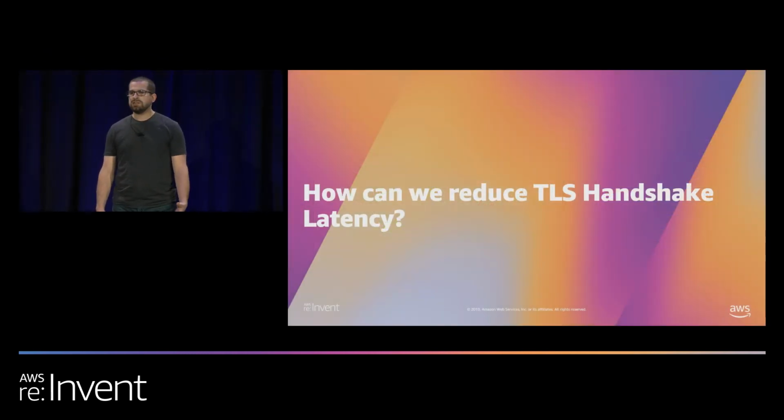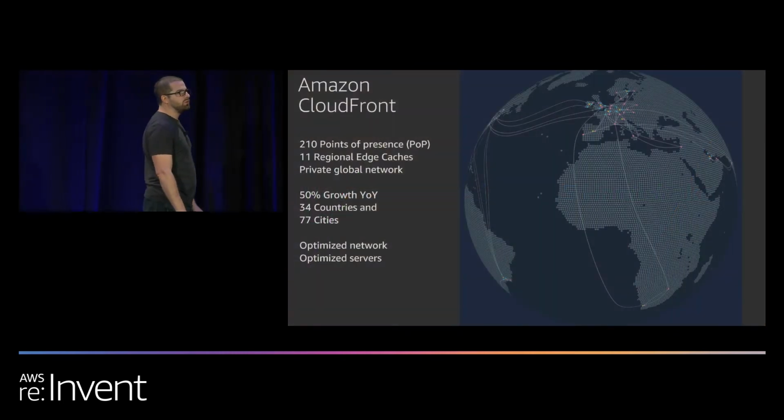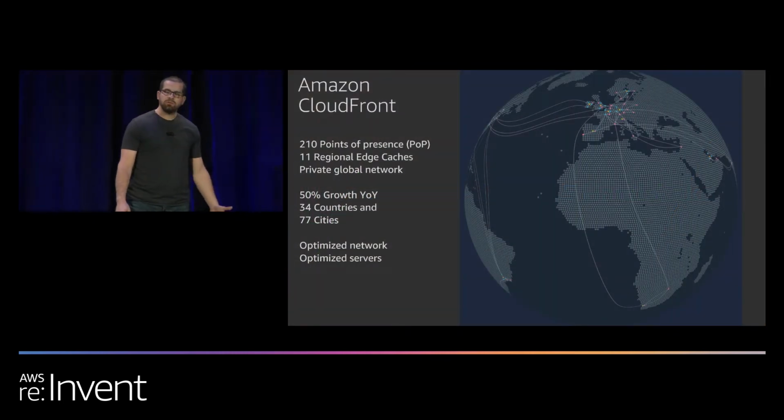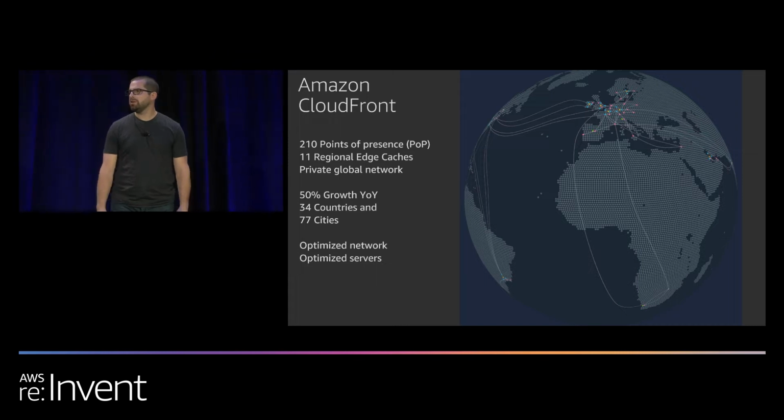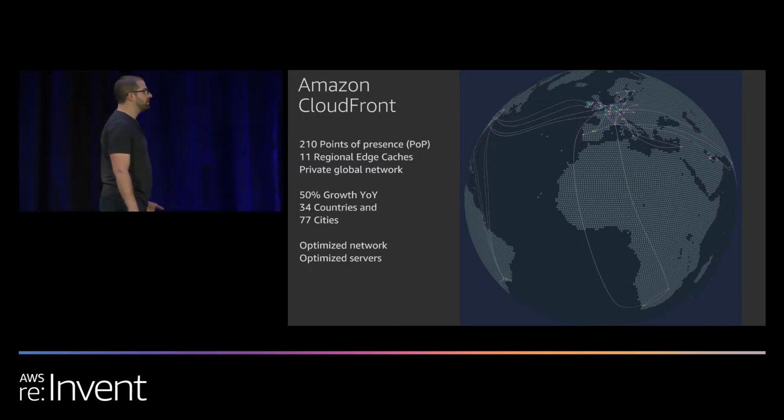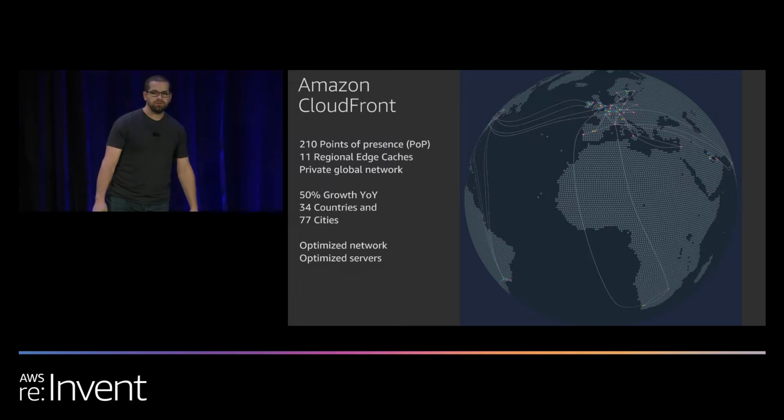And so with numbers this big, naturally the question is, how might we be able to address this latency? How can we reduce the latency? One thought that we had is, like Tino talked about, we could maybe leverage the Amazon CloudFront global presence. They have all these different points of presence throughout the globe. Maybe our infrastructure is hosted in US East 1, but CloudFront is much closer to the customer.